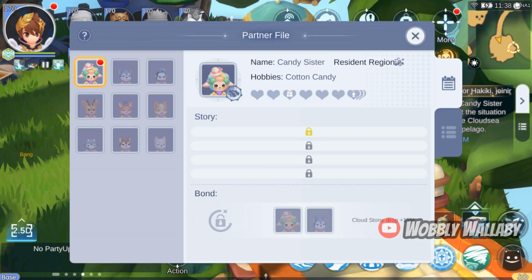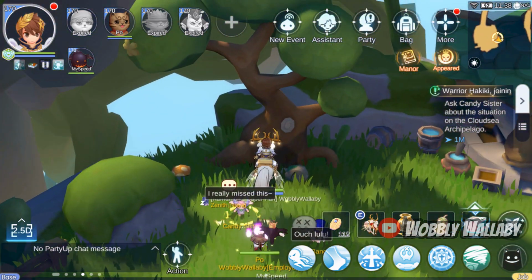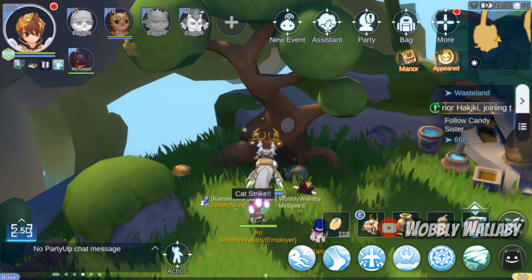Click on Manor, which is on the top right of your screen, and you'll see you've unlocked a partner. If you click on the lock by the story, you can see what to do next. Let's continue the story by talking with the Candy sister. She'll tell you to follow her so you can unlock Hakiki. Run towards the middle of the map